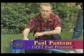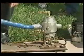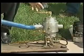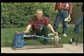Utah inventor Paul Pantone has developed what he calls the GEAT fuel processor, a plasma generator similar to a super carburetor that actually appears to run on 80% water and is entirely non-polluting. This device replaces the carburetor and exhaust and combines them as one unit,